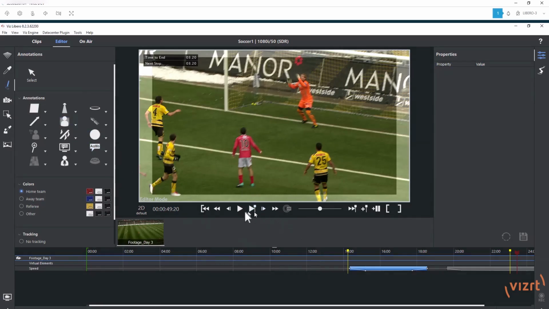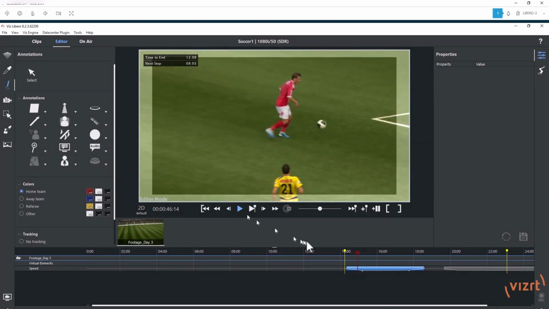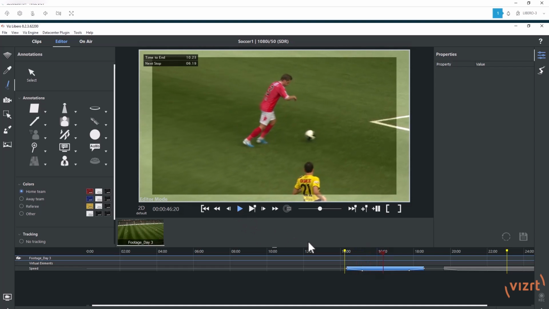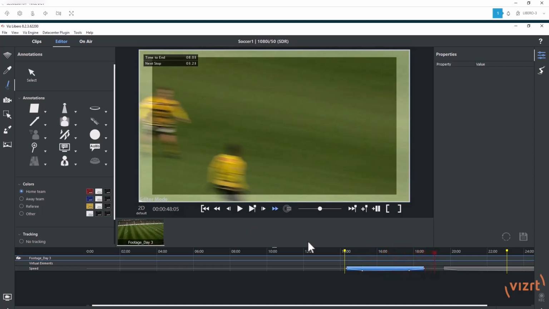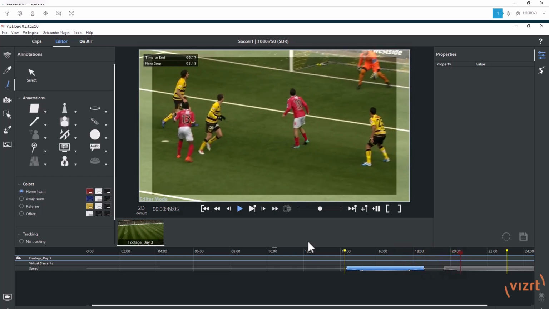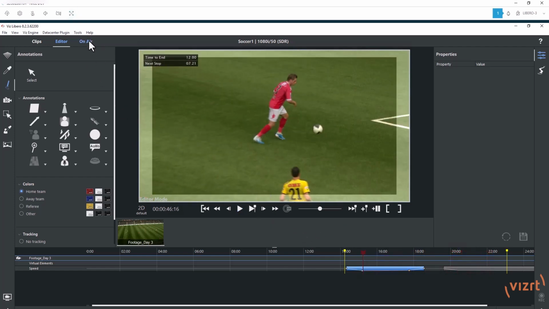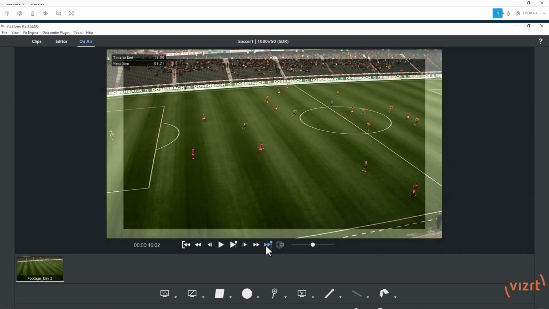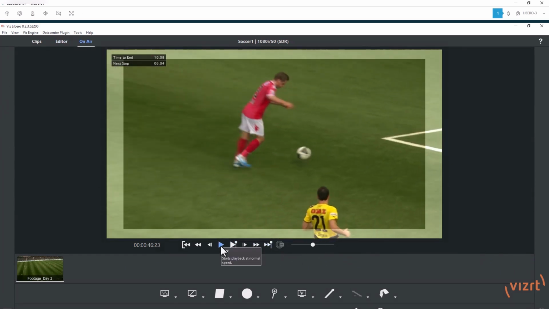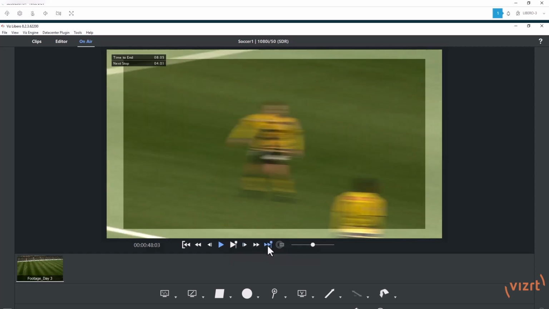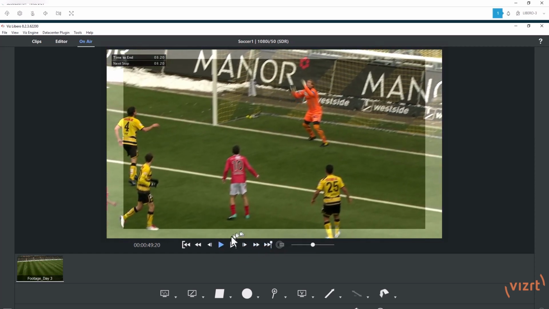So you can create effects like this. You can see something like this slow-mo that I've created here, and you can actually use Libro as a slow motion device, because I've got a couple of stop points there. You could go on air with this, go to your stop points and just play out your slow motion for your production, and then I could just skip to the next stop point and play out that slow motion.